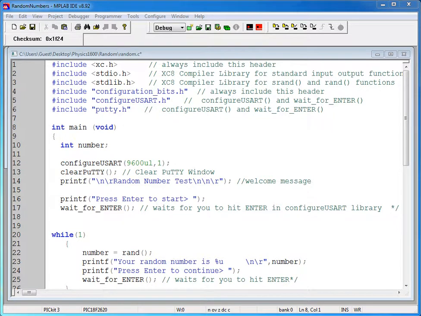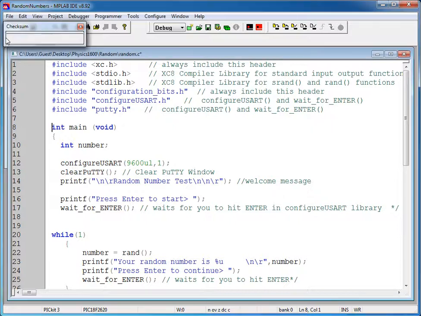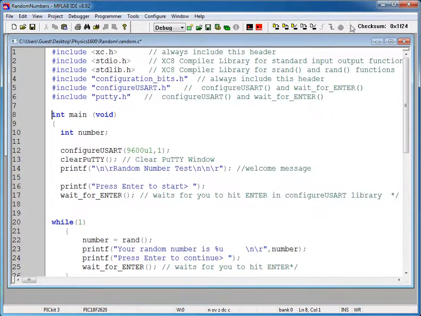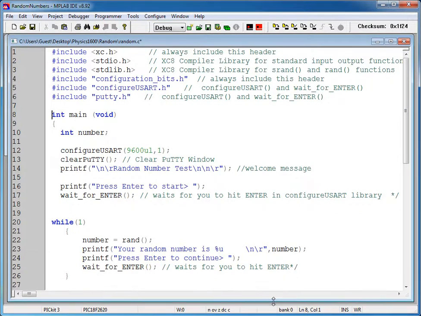Welcome back, and in this lecture I want to talk to you about generating random numbers. As you might imagine, generating random numbers is very useful. If you want to write any sort of games, it would be nice if the numbers were generated randomly instead of some pattern. And the function we use to generate a random pattern